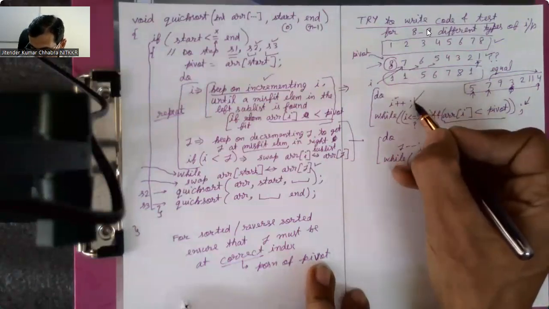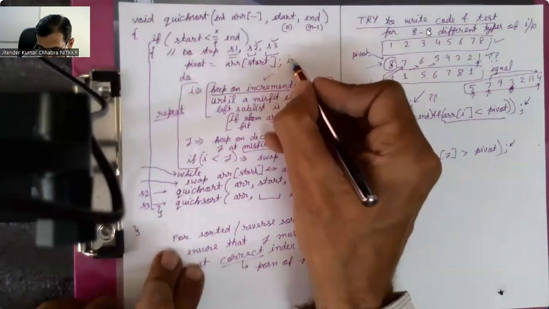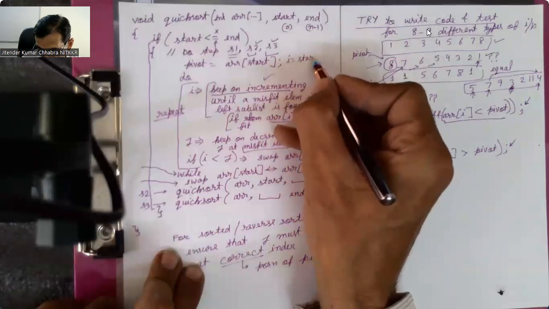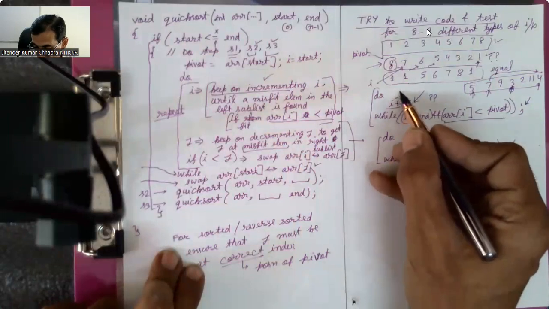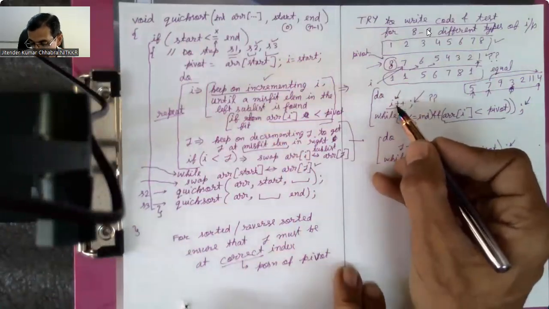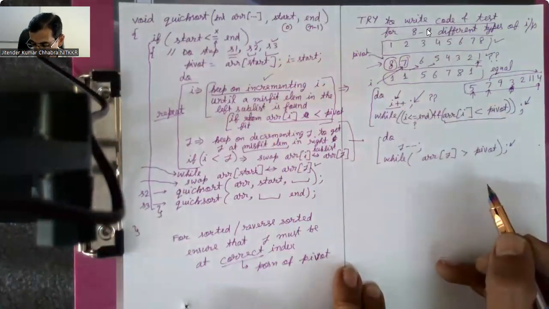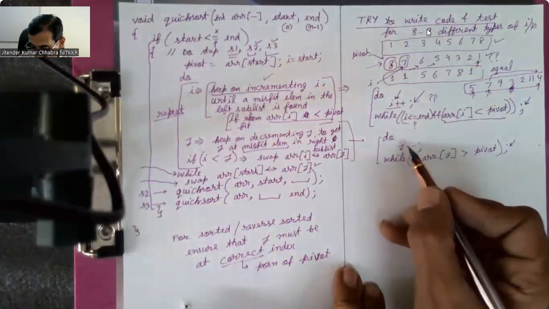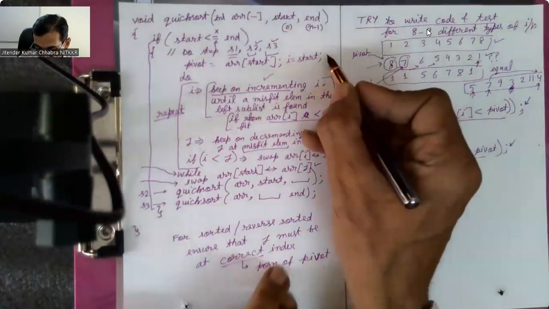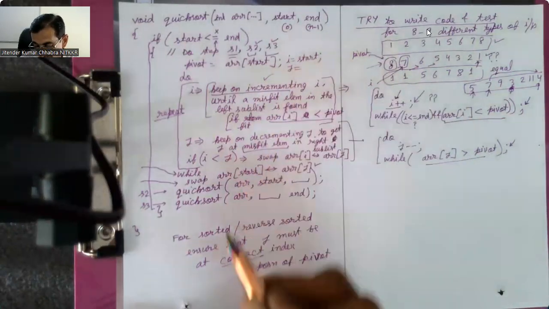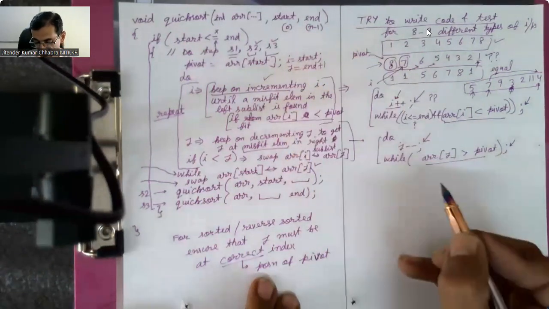That should also tell what should be the initial value of I. Initial value of I must start with start. Reason being, first time I'm taking I at a start, immediately I will be guaranteedly incremented. So my comparison will start with next to pivot always. J must always start with the last element to be compared at this condition. Hence, my J must be initialized to end plus 1 because J will be decremented first. So array J